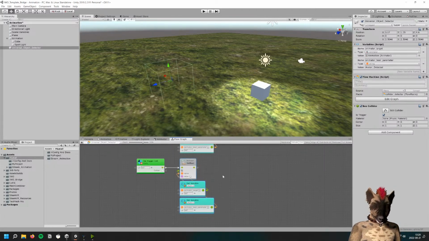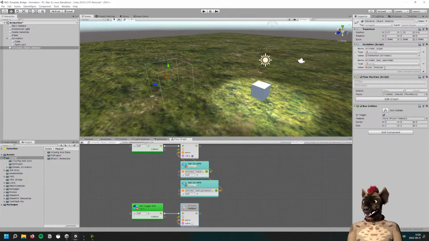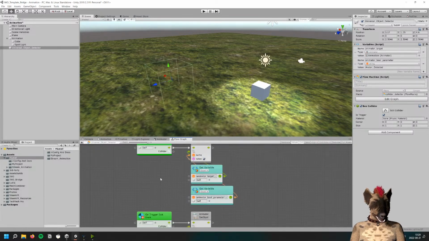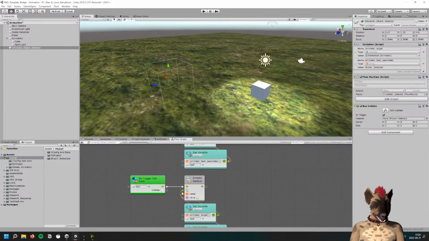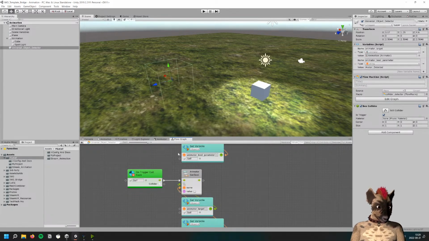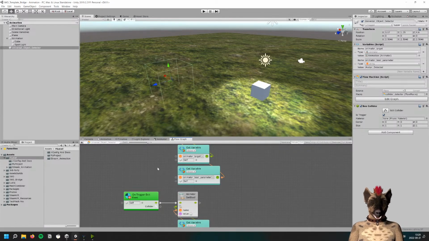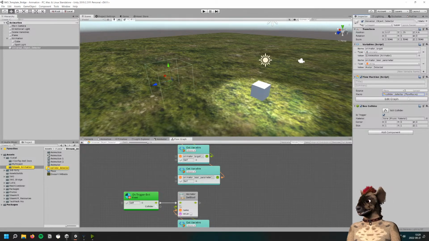I'm officially jealous. Okay, so this one is universal now. On trigger enter, it sends true. On trigger exit, it sends false. It sets to false. It doesn't send, it sets. So collider detector. It's not very accurate as